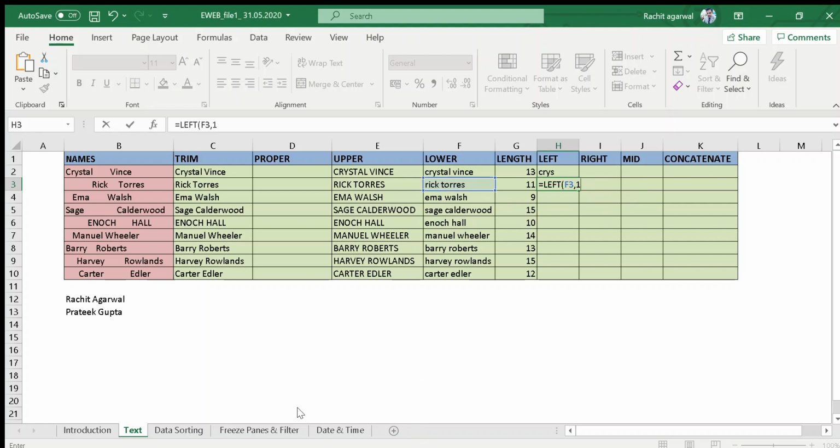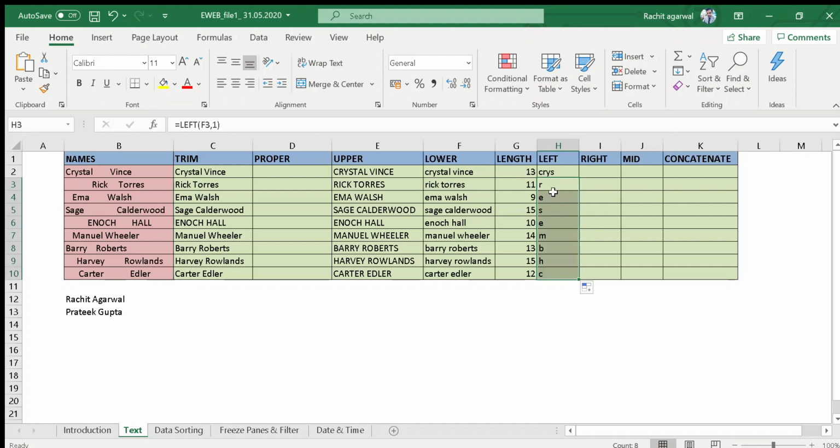Here I want only one character, that is R. I type one, bracket close, and press enter. I have got only one character. If you drag the formula, you will get only one character for all of them, because I have dragged the formula for one character only.